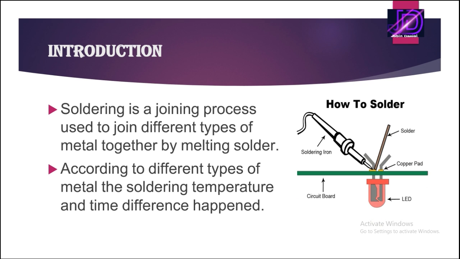How to solder? This is called a manual soldering image. This image shows a circuit board and an LED. On the copper pad, the solder is lead. I am showing here that the solder has a lead content of 60-40. That means 60 percent lead and 40 percent another material, due to the flux. It may be contained in the copper pad. Copper pad means the other material. Two materials joined in this process is called soldering.